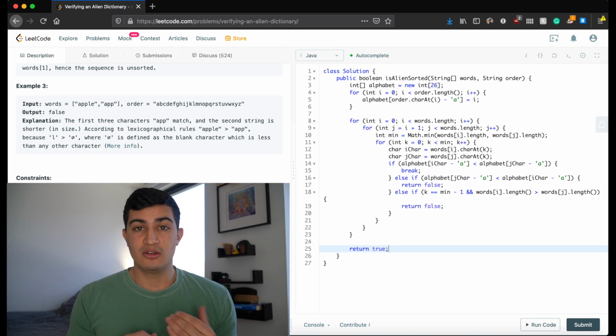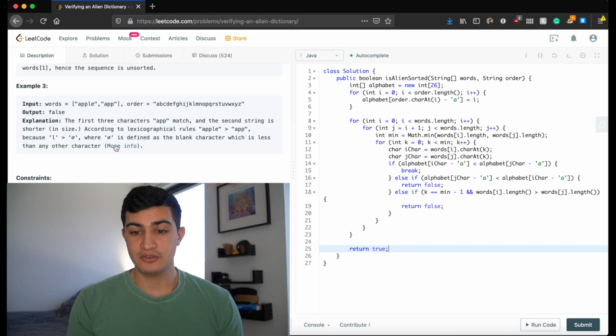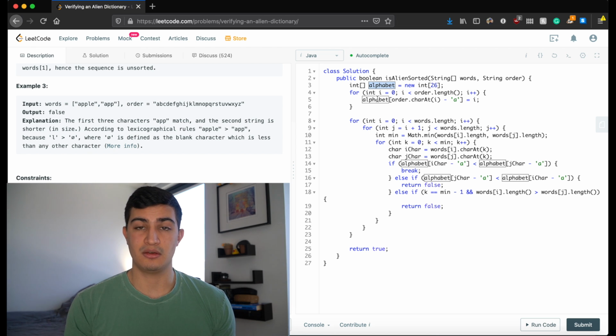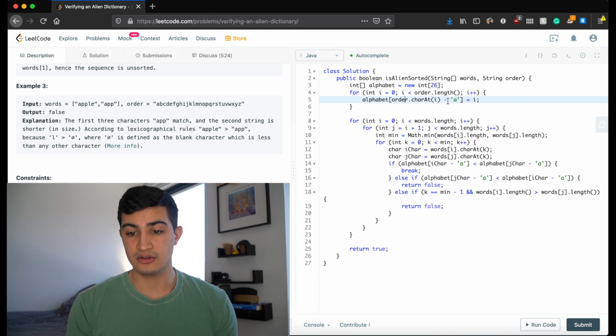So now let's quickly run through what we're doing again. The first thing we're doing is creating an alphabet, something that makes sense to us so that we can have O(1) access to compare two different characters and know if one is greater than, less than, or equal to the other. To do that, we're going to put everything that's inside of the order into our alphabet, and we're going to say each of those characters in order, because they give it to us in order. That's the characters of their alphabet. We're going to put that character minus the 'a' character at the ith position,